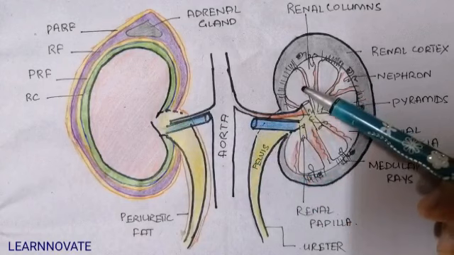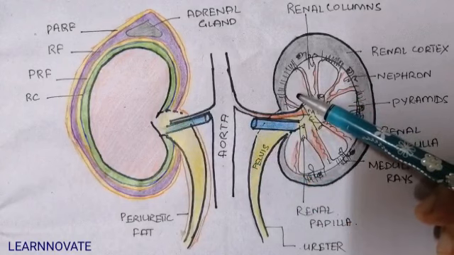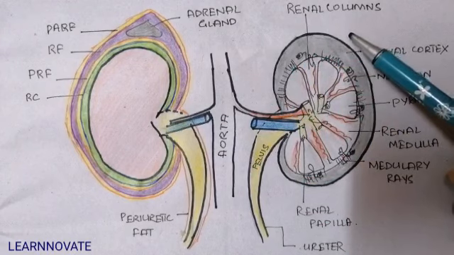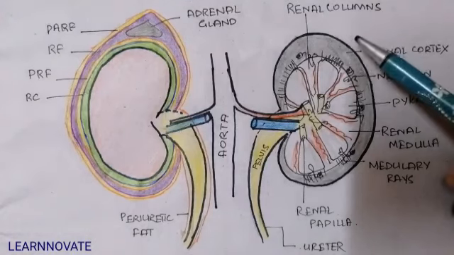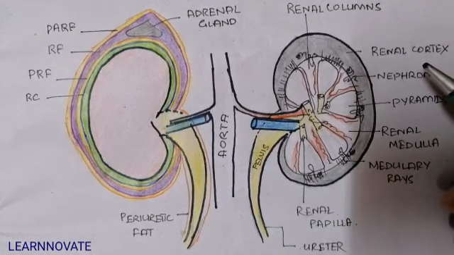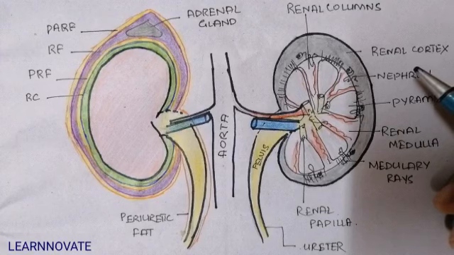Now posteriorly, the kidneys are related to the diaphragm. The grooves of the diaphragm that are present over the suprarenal gland are in the posterior relation to the kidney. And these grooves of the diaphragm, with certain muscles, including the psoas major and the quadratus lumborum muscle, are all forming the posterior surface of the kidney. So in this way, the kidney is related to the anterior and the posterior structures of the abdominal wall.